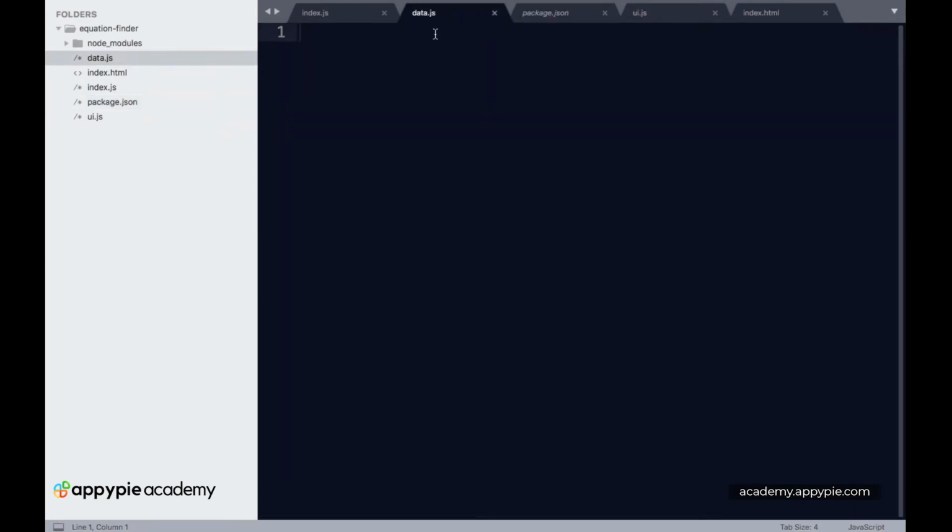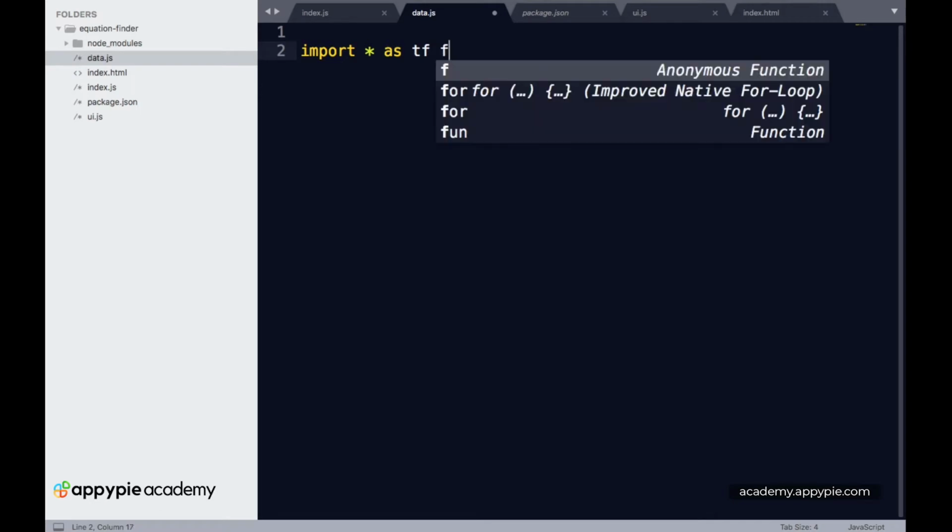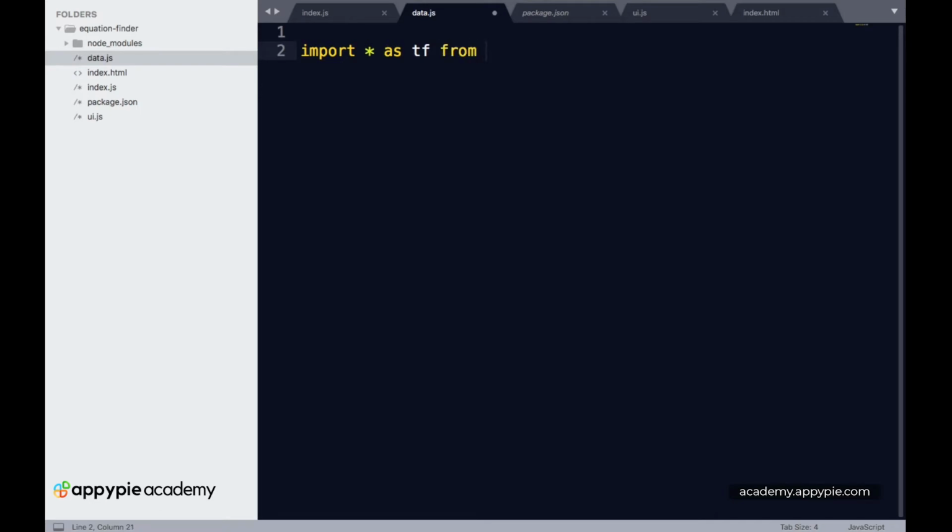Inside the data.js file, the first thing we have to do is import TensorFlow. The command is import, and we want to import everything from TensorFlow. So import star as tf from TensorFlow, and to refer to any library in npm, all we have to do is add single inverted commas and then mention the @ address.